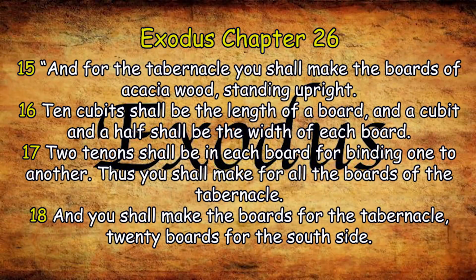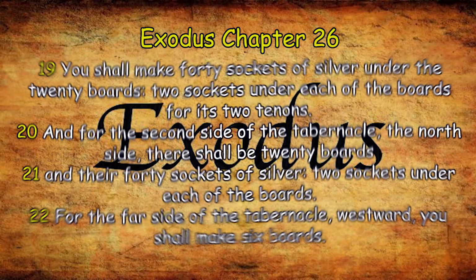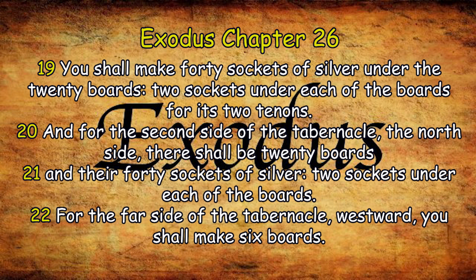And for the tabernacle you shall make the boards of acacia wood standing upright. 10 cubits shall be the length of a board, and a cubit and a half shall be the width of each board. 2 tenons shall be in each board for binding one to another. Thus you shall make for all the boards of the tabernacle. And you shall make the boards of the tabernacle, 20 boards for the south side. You shall make 40 sockets of silver under the 20 boards, 2 sockets under each of the boards for its 2 tenons. And for the second side of the tabernacle, the north side, there shall be 20 boards,